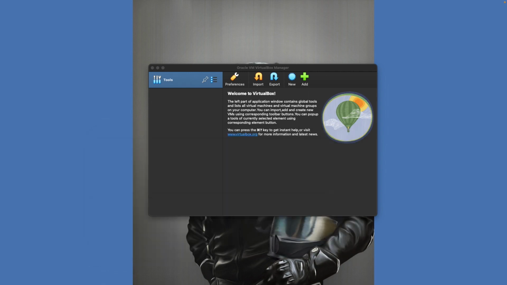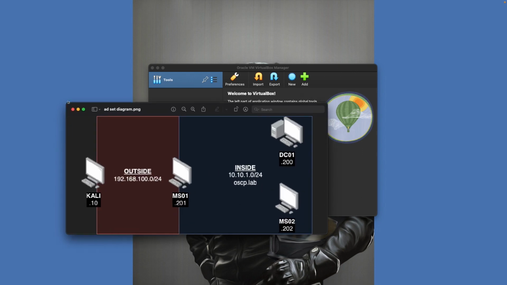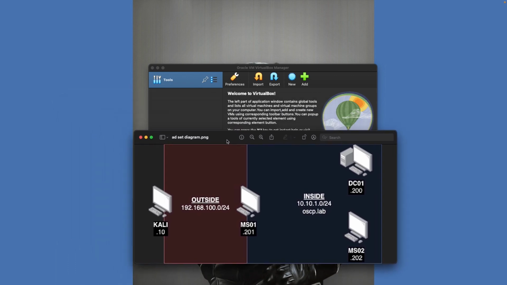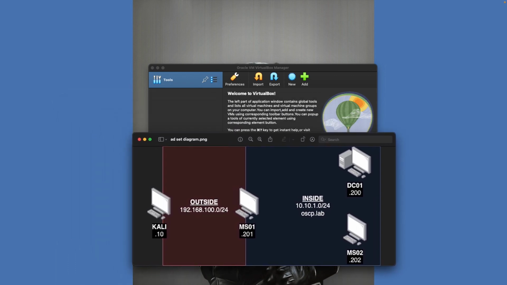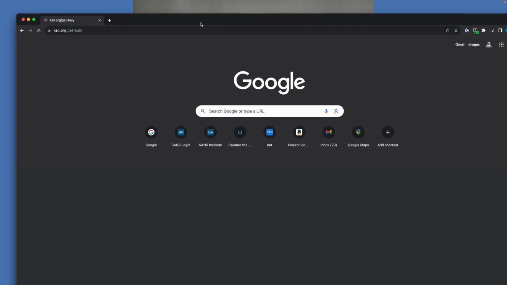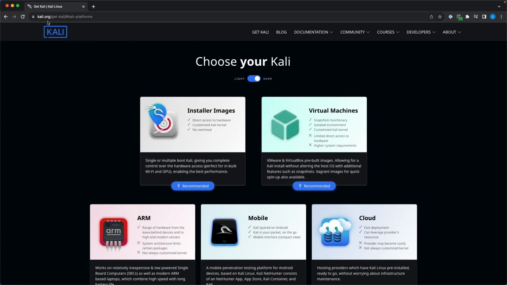Since that's the more intensive way, let's start with the easier way, or the smaller build, which would be if we attach Kali directly to the outside interface, or directly to the outside subnet. So that being said, let's go and download the latest version of Kali. Here you can see we have different types of ways of getting it. You can just go to